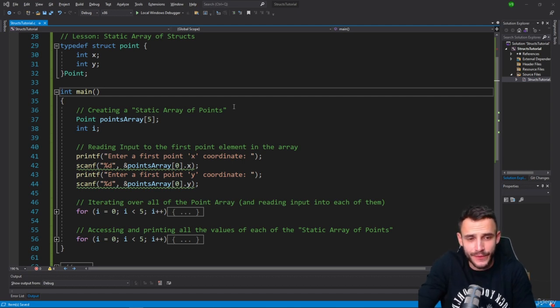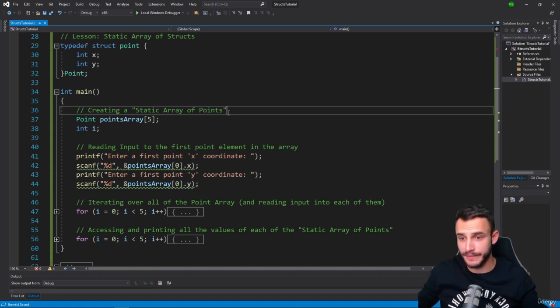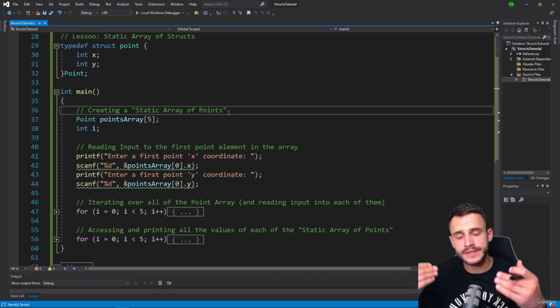Okay, so first of all, we know that we can create some standard variable, right? There is no problem. We know how we can write down point p1, and that's how we create a point variable that is called p1. But there may be times, just like we've done it with integers, right? There was int num, but we wanted to create an array of integers or an array of floating point numbers, an array of characters. Similarly, we can do the same pretty much by creating a static array of the user-defined